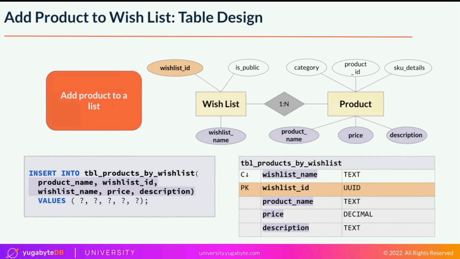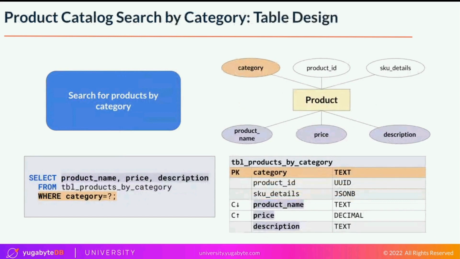So on the next slide, we're going to talk about searching for products by category. This is a pretty basic access pattern. Let's say you're looking for